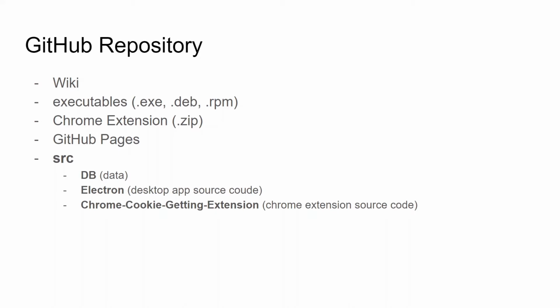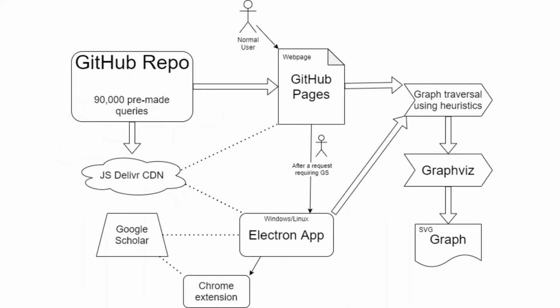In the src folder on GitHub, there's a folder db with all the 90,000 JSON files, a folder Electron with the source code for the Electron app, and a folder Chrome cookie getting extension with source code for the Chrome extension. For a while, we were thinking of having a backend with a user database to serve data to the users,